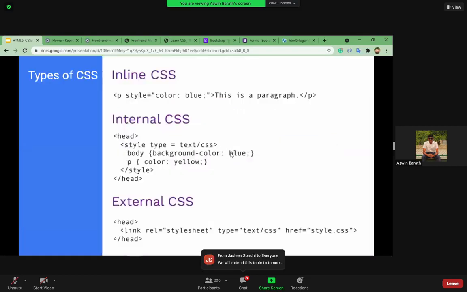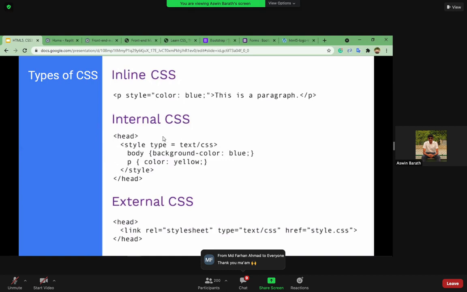Now there are three types of CSS. One is inline. When we saw that image example, we used width and 400 pixels. That was nothing but inline CSS. Another one is internal CSS. When we separate it inside the HTML code file itself, we create a style tag inside the head tag.